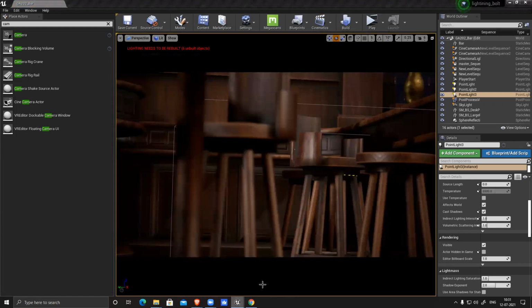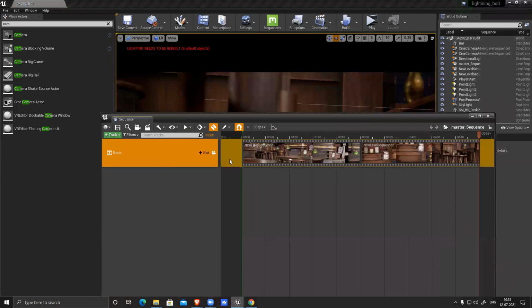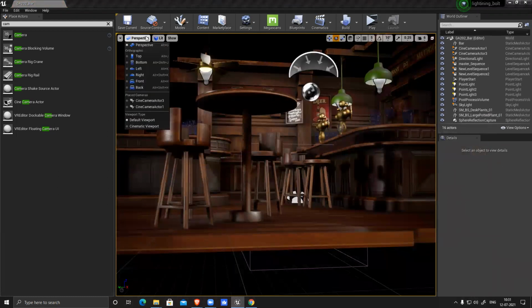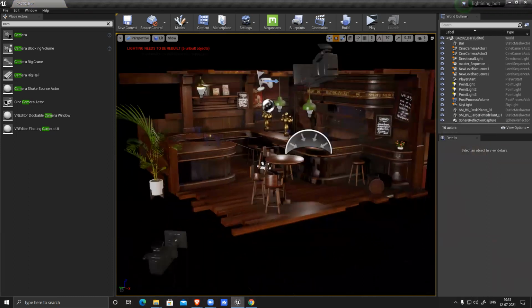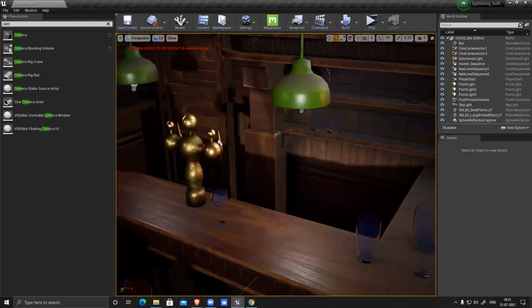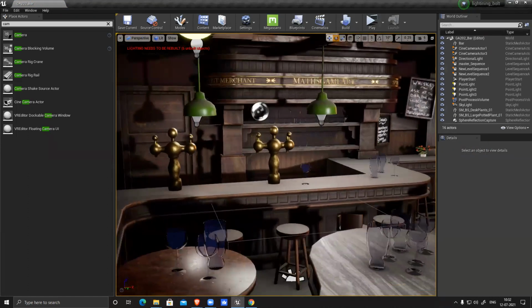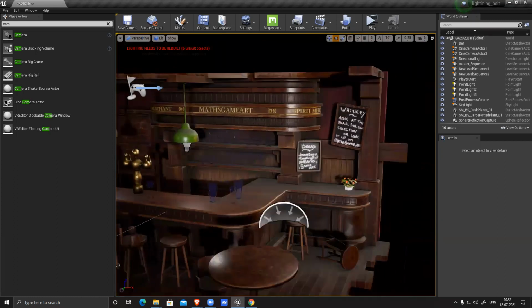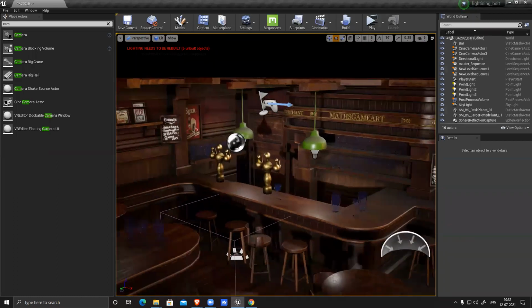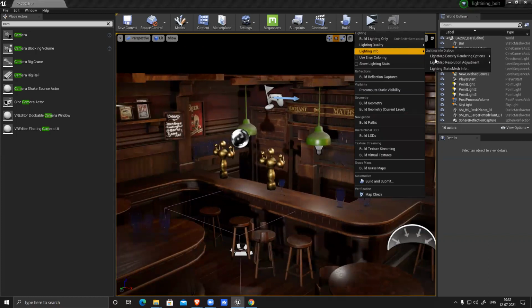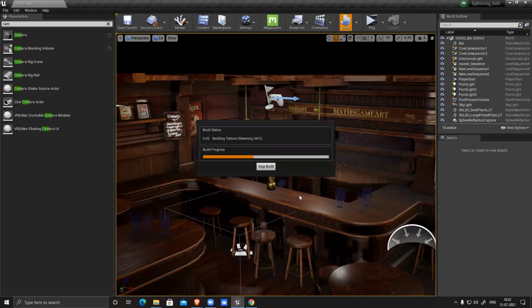It's open, I believe. Yeah, it's open. I exit that perspective view and everything is fine. So in my scene, before rendering, there are a few things you have to make sure of, like you have to adjust those things. That is something, your lighting. So I have to build my scene. So lighting quality, medium or high quality, and build the scene. So it will generate all the shadows.